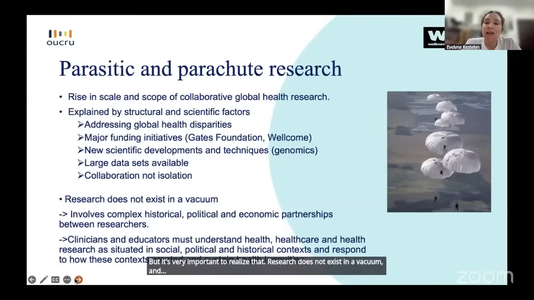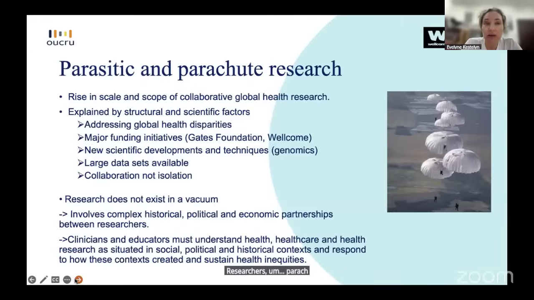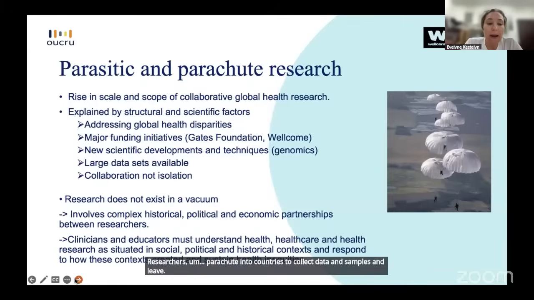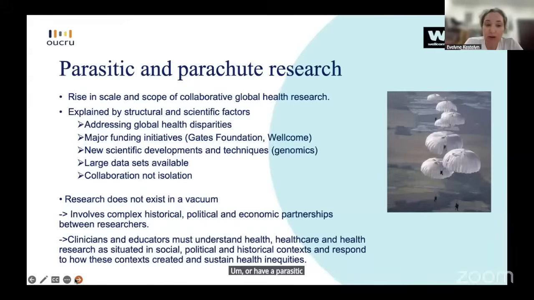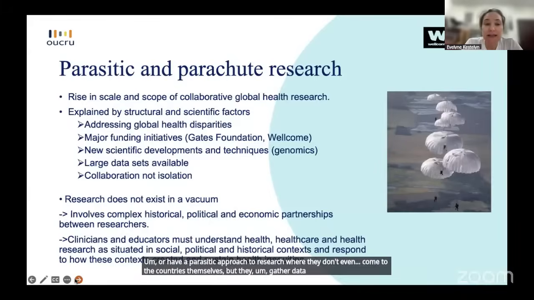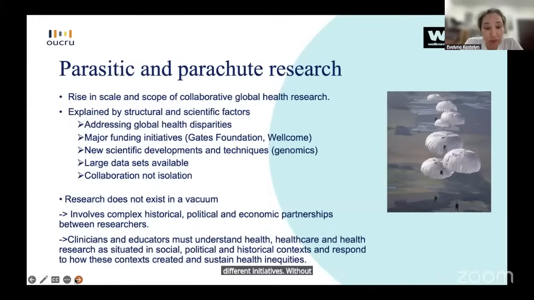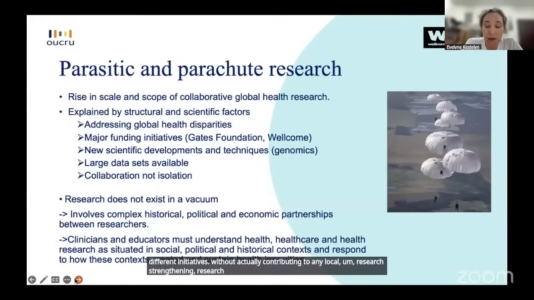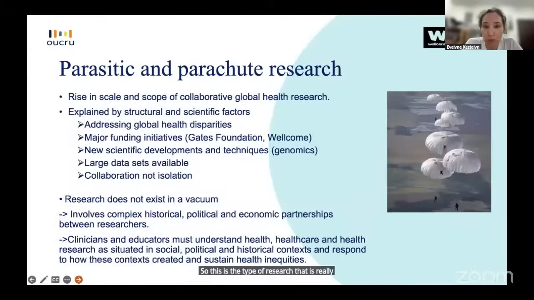And the title of the slide is Parasitic and Parachute Research, and it refers to a type of neo-colonial vision of research where researchers parachute into countries to collect data and samples and leave, or have a parasitic approach to research where they don't even come to the countries themselves, but they gather data and samples through different initiatives without actually contributing to any local research strengthening, research development,